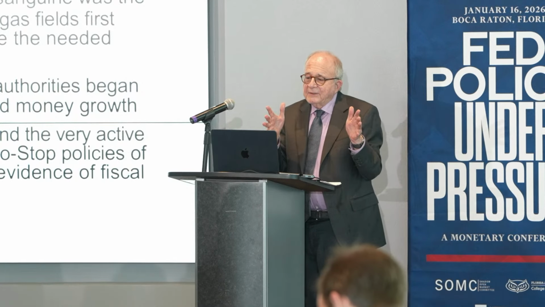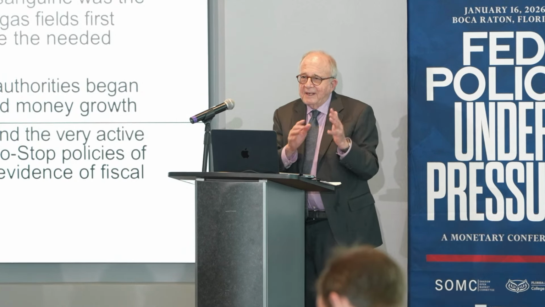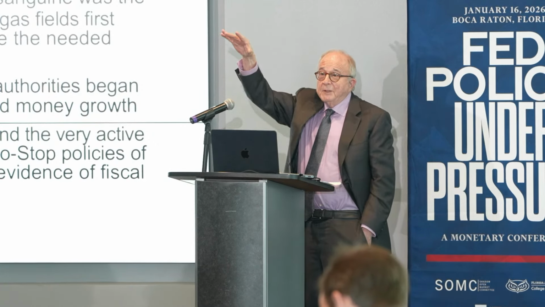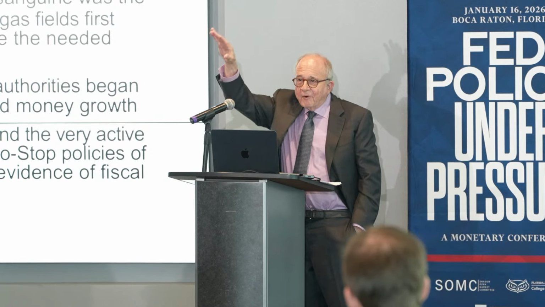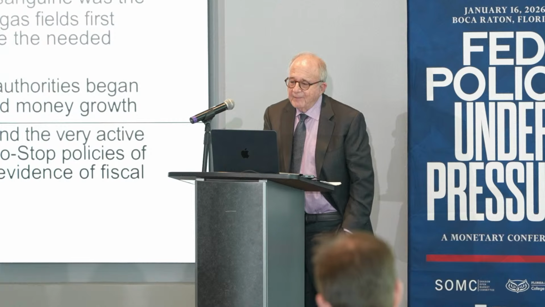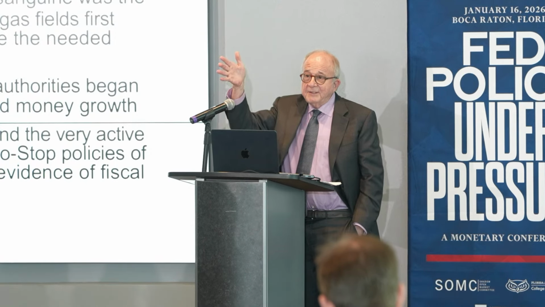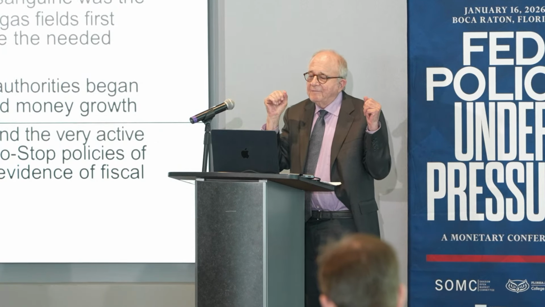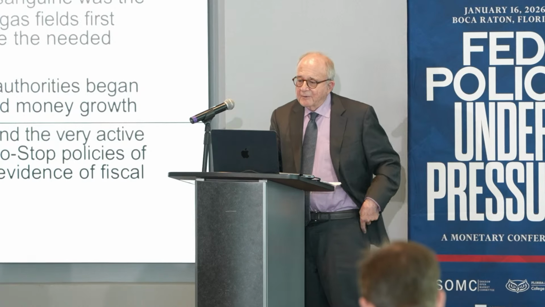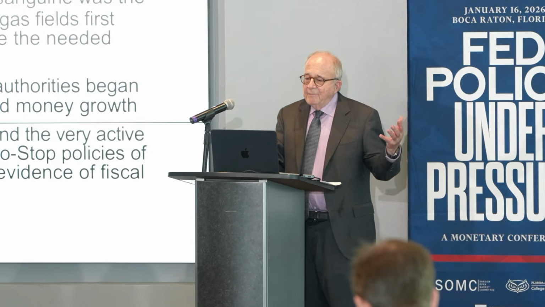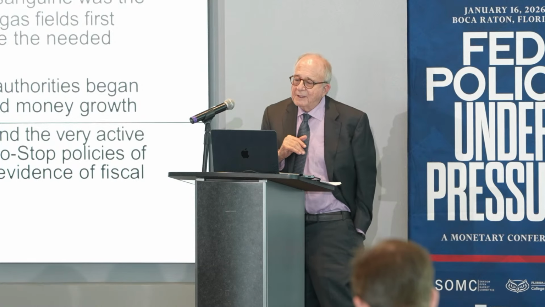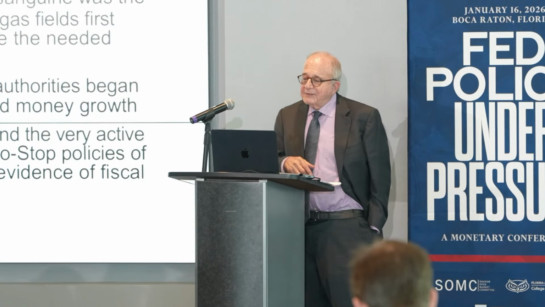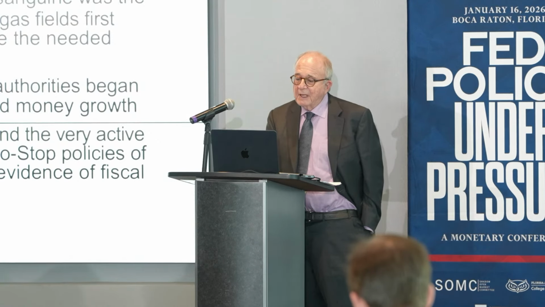One reason why they did this is that they discovered North Sea oil in the 1960s, and they thought that this would get them out of this mess, that the revenues would somehow come forth to balance the budget. But then, of course, you had the crisis in 76, the IMF comes in, and then they begin to recognize the link between the fiscal deficits and broad money growth. And so what we do is we view the demise of the Treasury view and the active use of discretionary fiscal policy as evidence of fiscal dominance and the fiscal explanation of inflation.